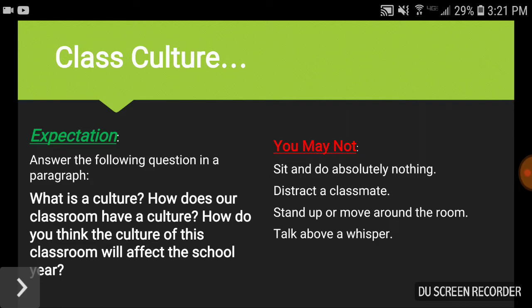What are the beliefs of our class? What does Mr. Smith want us to be following in the classroom? What does he expect from me as a student in that classroom? Think about your parents. What are they expecting? Maybe you live with your uncle, your auntie, or a guardian. What are they expecting as a student from you in that classroom?